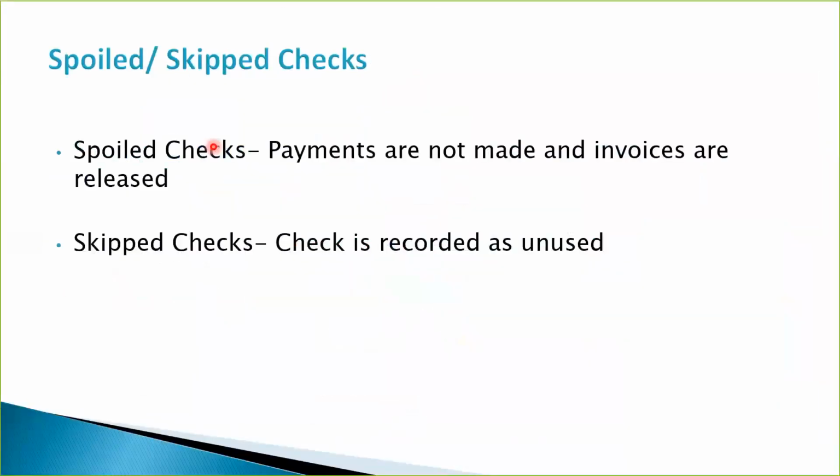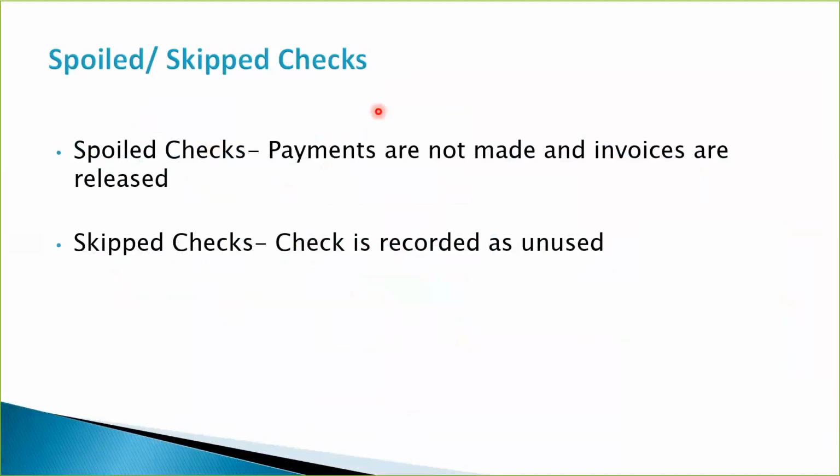Once you do that, then the payments which were on that spoiled check are not made, and the invoices which were being paid are released, so they can be picked up by the next payment process request. Okay,